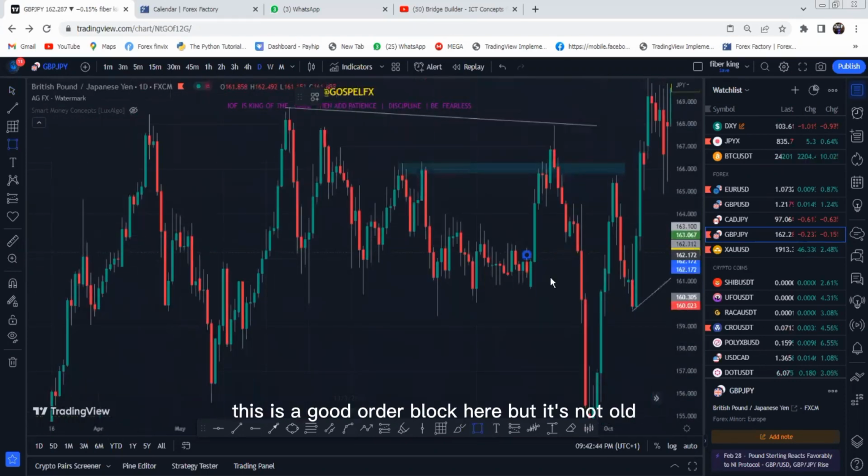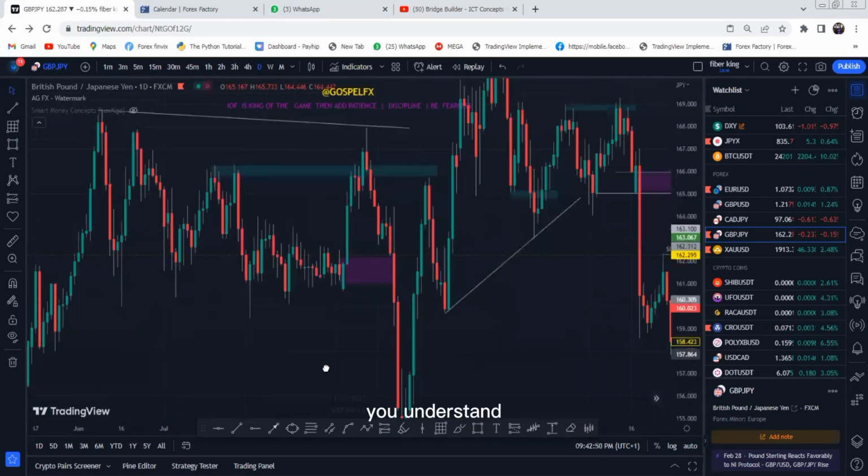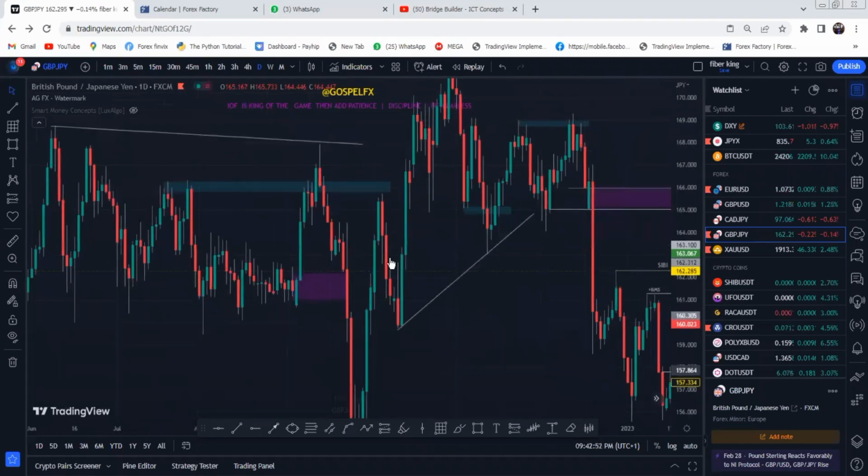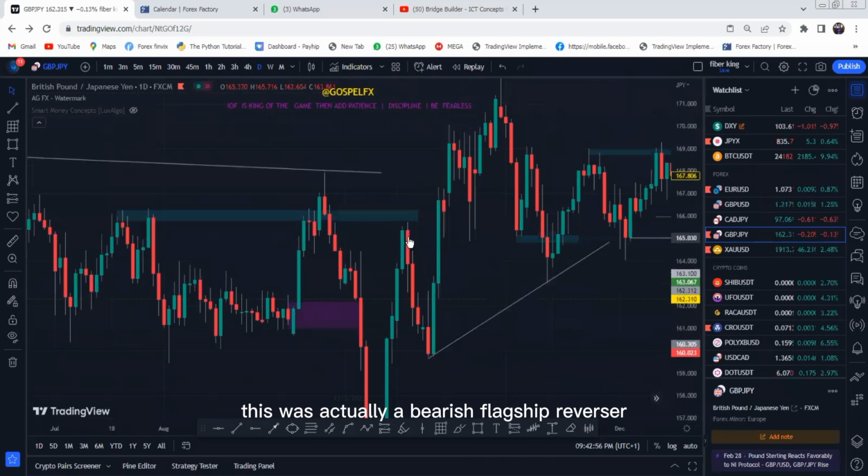This is a good order block here, but it did not hold. Why? Because price was on a down IOF. You understand? Now look at this one again here. This was actually a bearish flagship reversal, but it didn't hold price for long. Why? Because